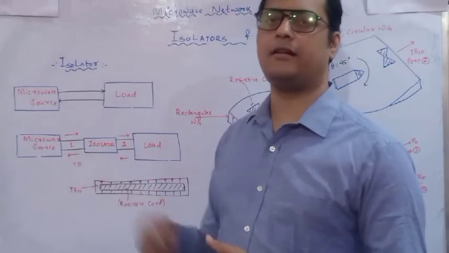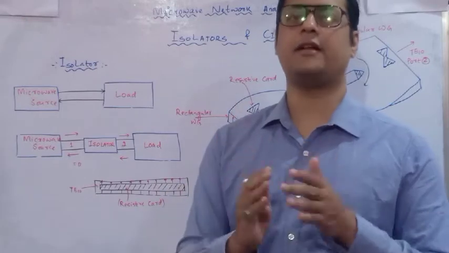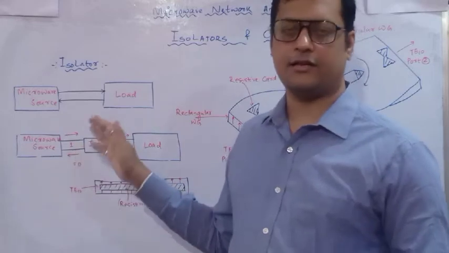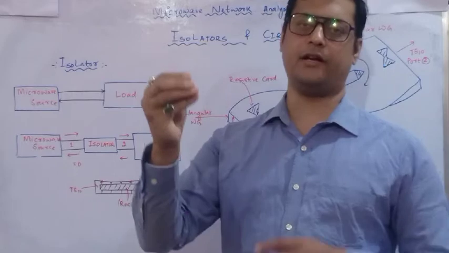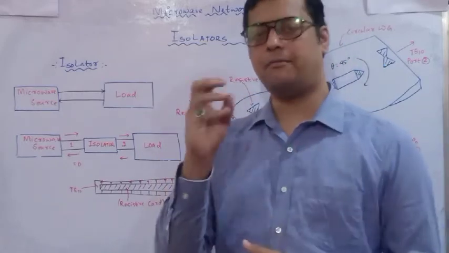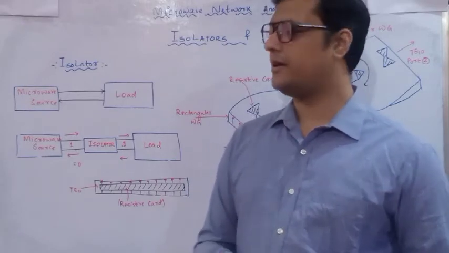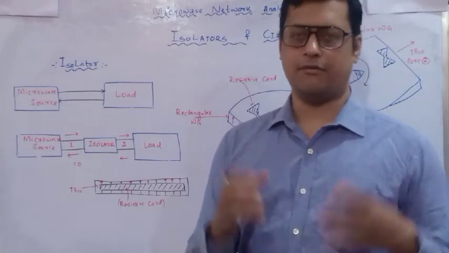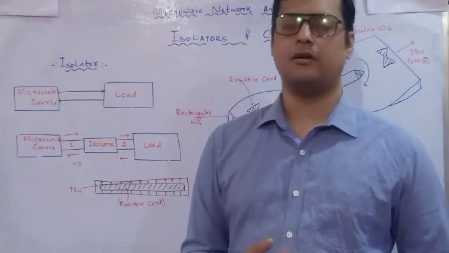So this isolator, what will happen? This isolator is a device. It will provide a unidirectional path. First of all, I will clarify that this isolator is a unidirectional device. That means whatever you feed from one end, the output will go in the same direction. It will not revert back. Some parameters are there, and we will discuss why it will not revert back. And the same thing we are going to use for circulators also, and what materials are available in that and how it will absorb, that also I will discuss.